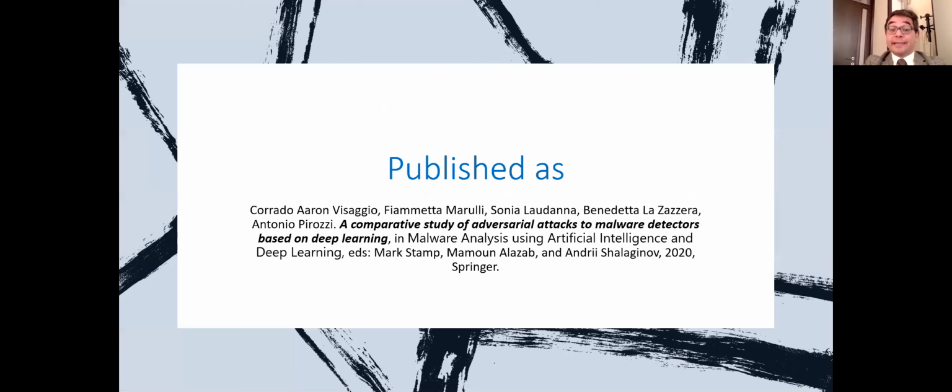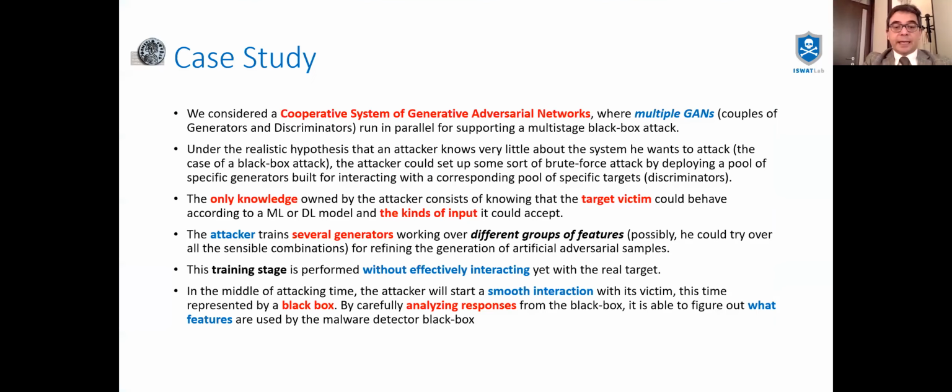Our experimentation was published in a book named Malware Analysis Using Artificial Intelligence, published by Springer. And our paper is entitled A Comparative Study of Adversarial Attacks to Malware Detectors Based on Deep Learning. So, our case study